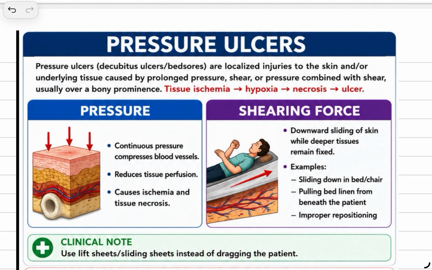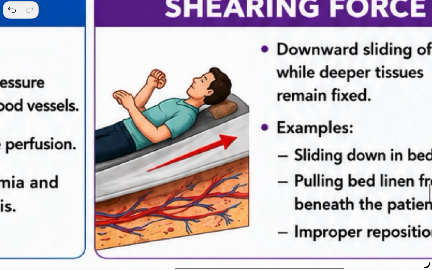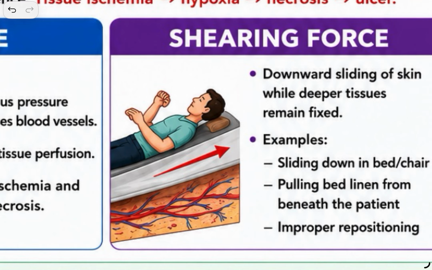It is just like an opposite force, where if you are placing the patient in a Trendelenburg position or reverse Trendelenburg position, the patient's force is opposite to the bed force. Are you understanding? That time what happens, sir? Whatever deeper tissues are there, they will get ruptured or injured. So, due to that there is lack of blood supply and all those things will happen, right. Can you see this image? Yes. This is the shearing force, that means opposite forces are making the patient's skin get injured, okay, that is called shearing force.